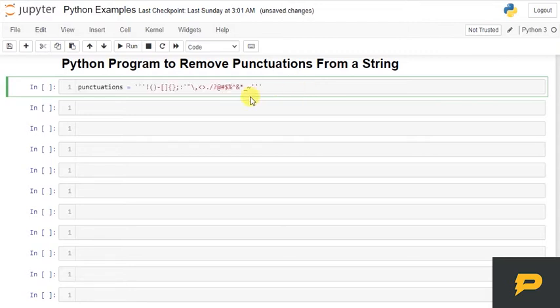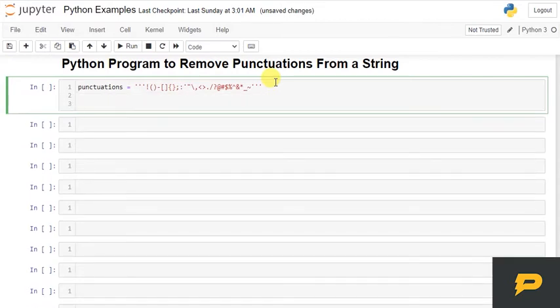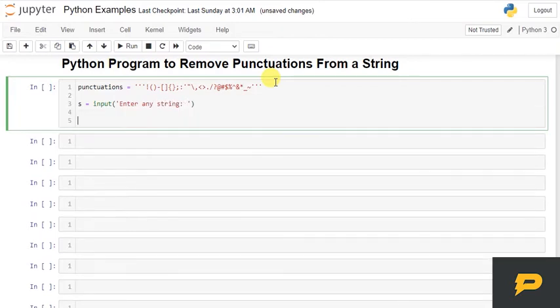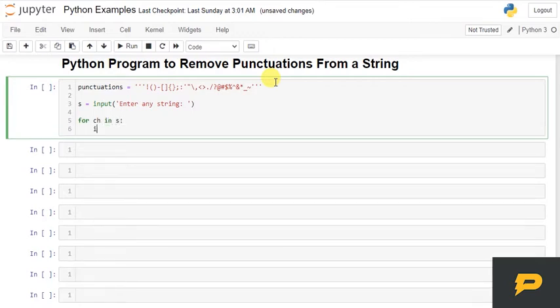So let's just define the punctuation, and then we want to take a string s from user. We take enter any string. User will enter the string and then we run over it for, let's say, character in s. If that character is not in